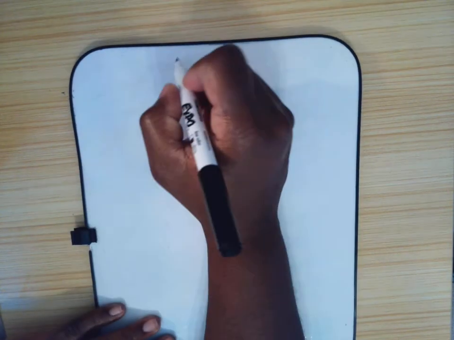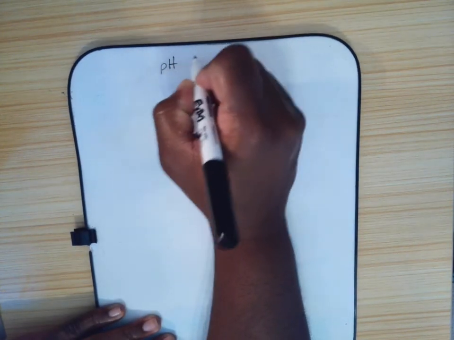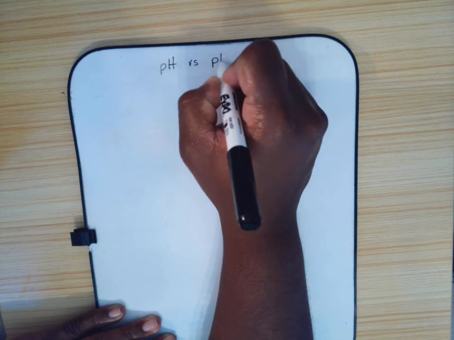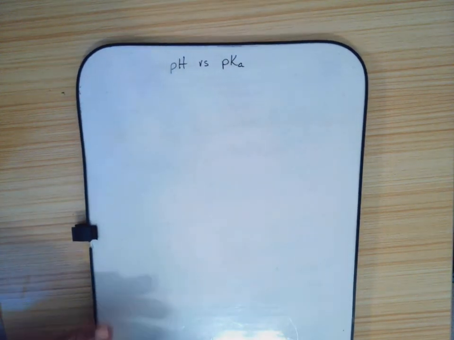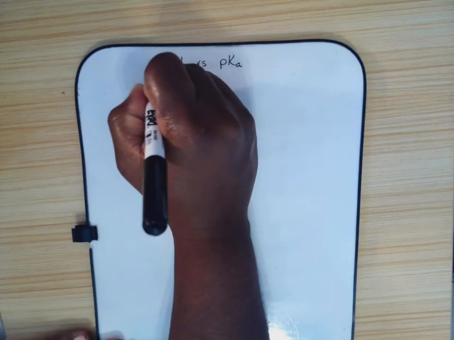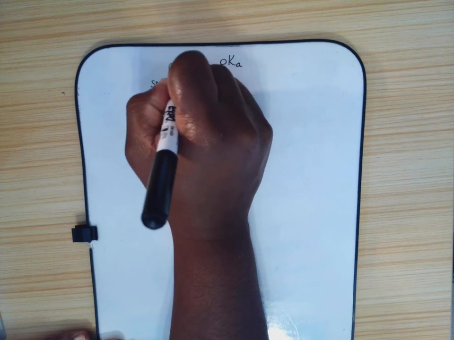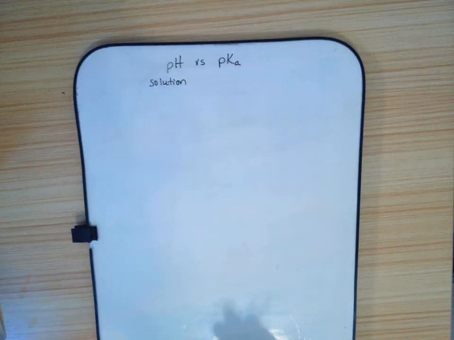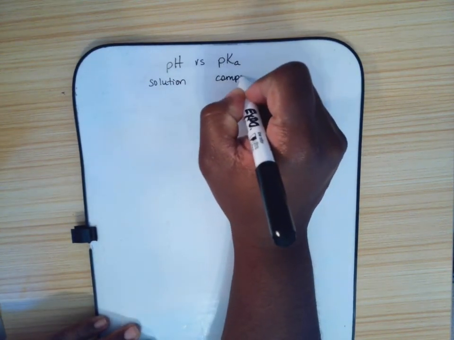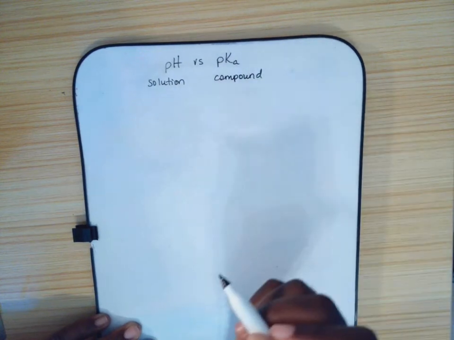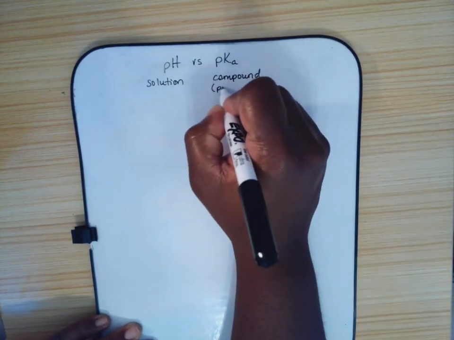In this video, I'll discuss the process of comparing the pH to the pKa. There are some similarities and differences between these. They both provide a measure of acidity, however, what they're telling the acidity of is different. The pH measures the acidity of a solution, a homogeneous mixture, so when you have two or more things that combine. However, the pKa measures the acidity of a compound, but more specifically